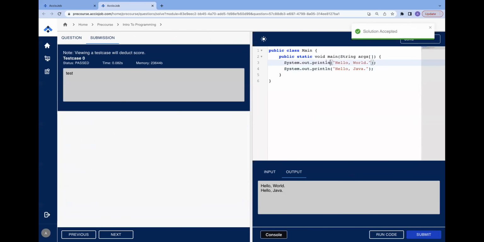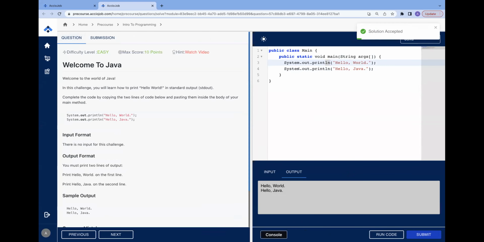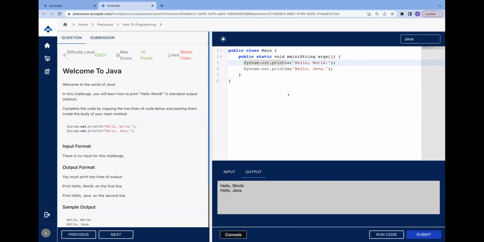Now some of you might have a doubt what this ln means. System.out.print is a standard syntax that you will have to learn, because every language has its own standard syntax. If you go to C, it's called printf. If you go to C++, it's called cout. If you go to Python, it's directly print. Similarly, every language has its own. In JavaScript, there's something called console. In a similar case, Java has system.out.print. So if you are adding ln,